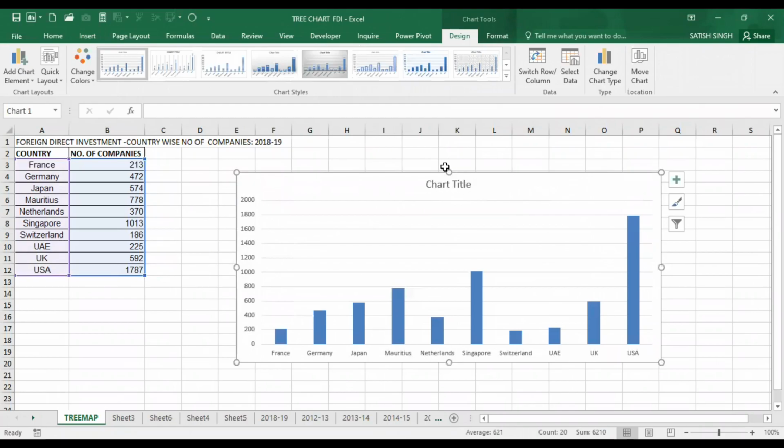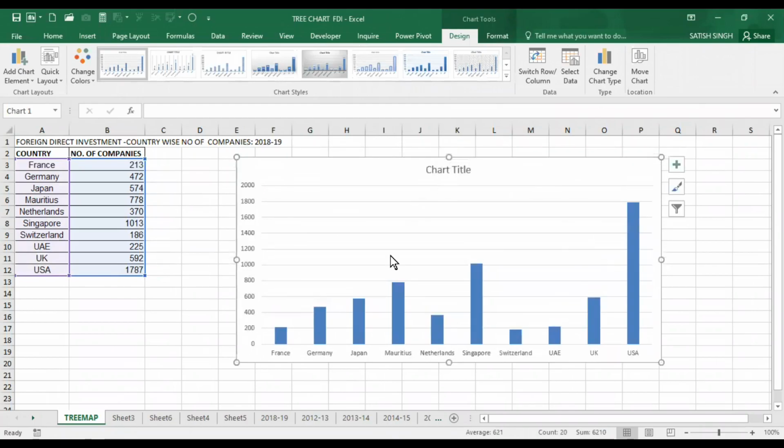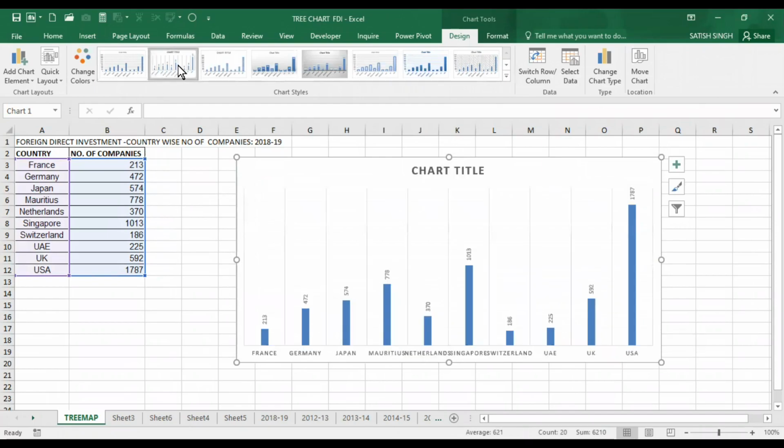Now this is appearing, and what next do we have to do? As we can see, it is not showing how many companies there are. For that we have different options that you can explore. Now the number of companies that invested in India in 2018-19 is also visible.